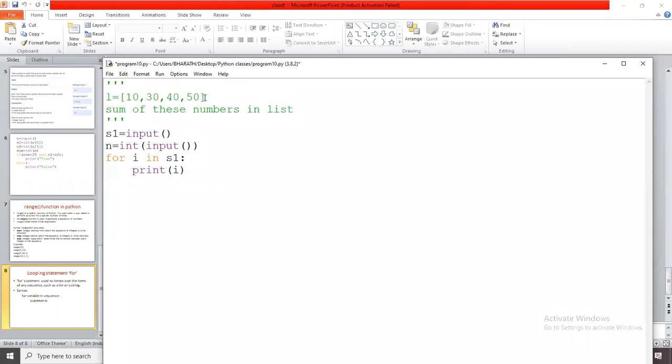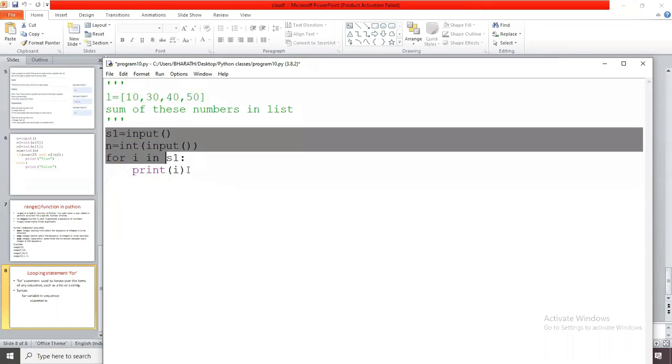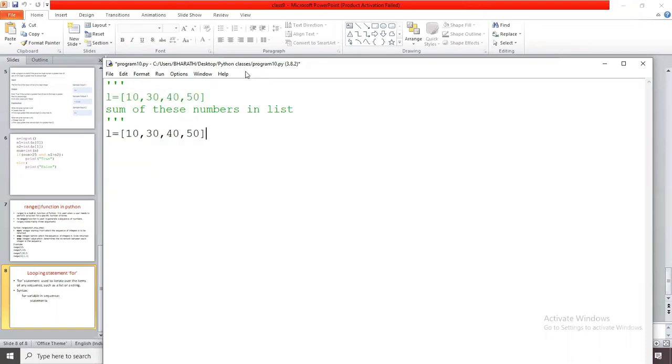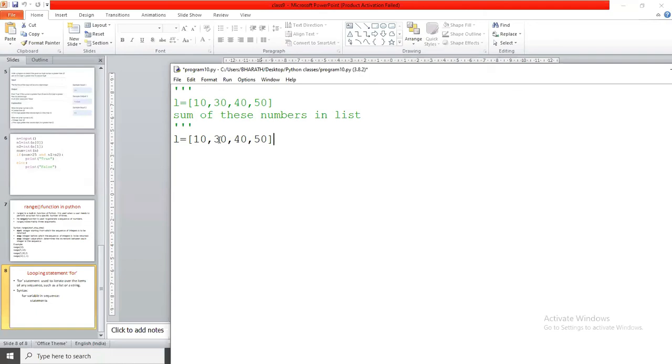So for that, first I am going to take one list, and I want to find the sum. So I initialize the sum: I am taking s equals 0.